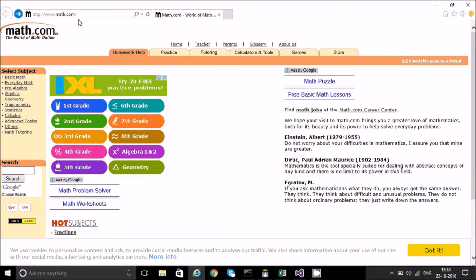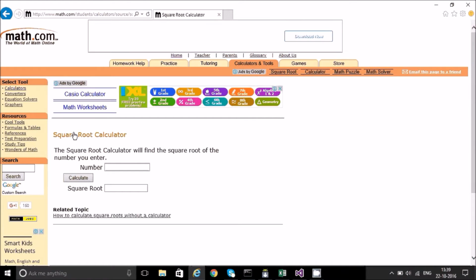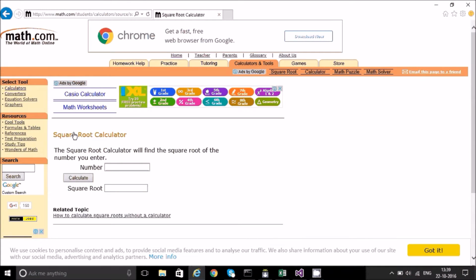First I have taken a test case: I need to launch www.math.com in Internet Explorer. This is my first step. Coming to the second step, I need to click on calculators and tools, image. How I know these calculators and tools and image, I will be explaining. After that, I need to click on the square root hyperlink. As I already said, how I will know that square root is a hyperlink, I will be explaining. And in the number box, I need to enter a value 4. I need to click on the calculate button and I need to validate the result